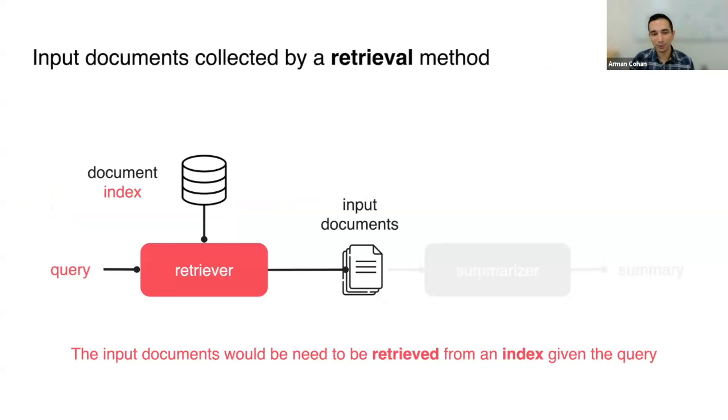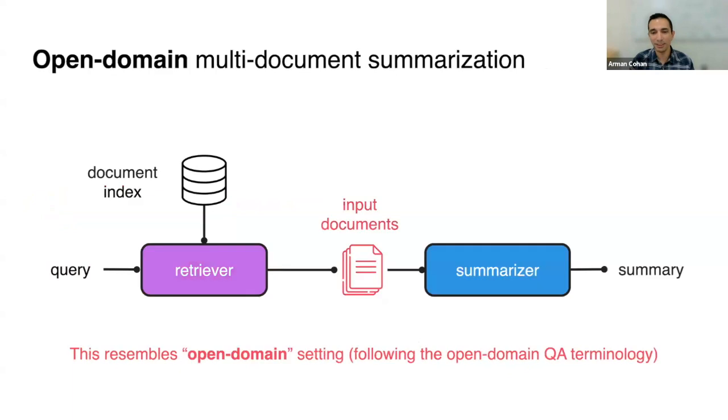So you usually issue this query to a document index, you get these documents, and then you pass them to a summarizer. And this is the full system of an open domain setting, but for summarization,